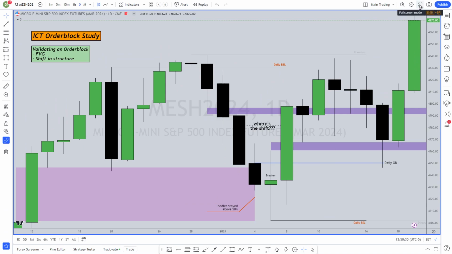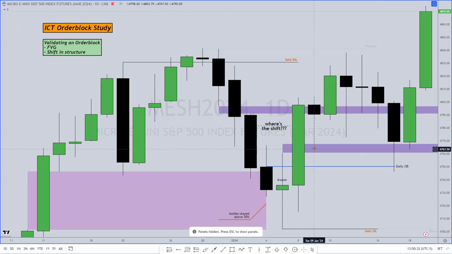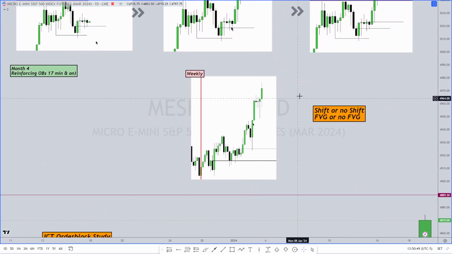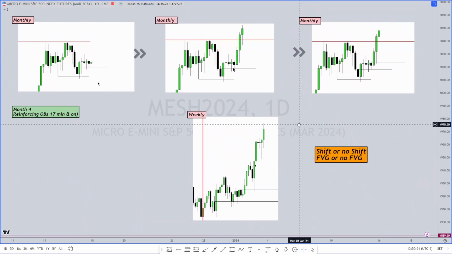a couple of areas where we see price will leave this fair value gap but not yet shift market structure, and the study here is to say, okay, well, do we really need these things to validate order blocks? So I went back to some of the core content, and we'll come back to this in a sec. And looking at month 4, reinforcing order blocks, ICT goes through several examples going from the higher time frame down,